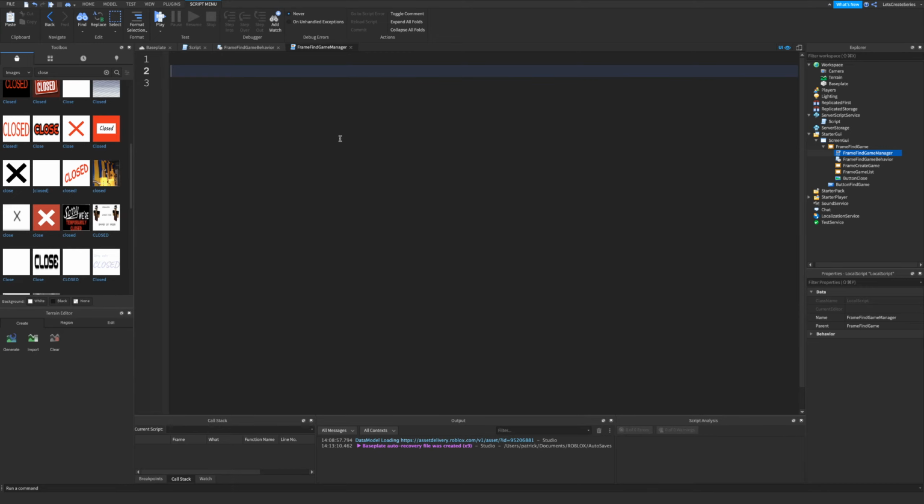So we can do that by saying local behavior equals require script.parent.frame find game behavior. And so that'll require that behavior, and now we can do things like opening and closing